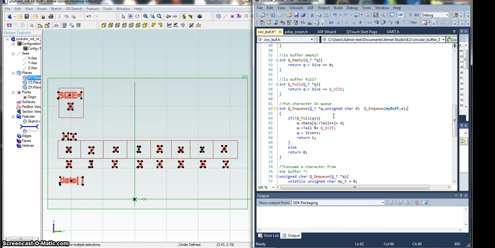Alright, so first thing it does, check if the buffer is full. So the size, which is now 8, is equivalent to the Q size, which is 8. So the buffer is full. So this will not continue on to the next line because the buffer is full at this point. So this is like a protection, because if this line wasn't in here,